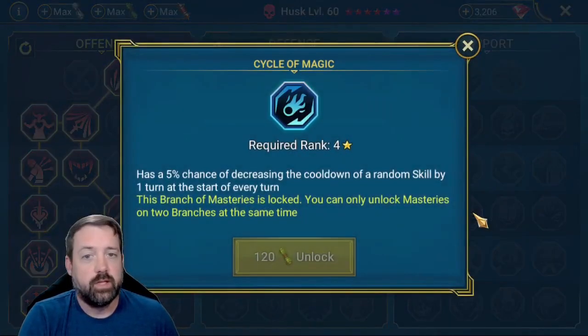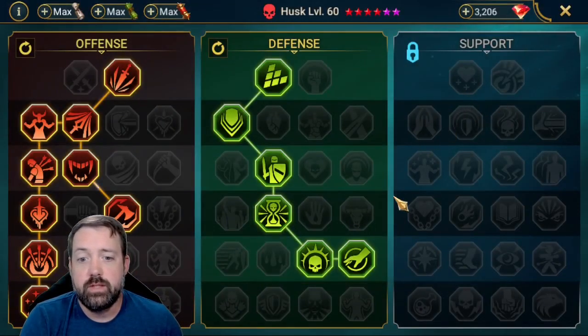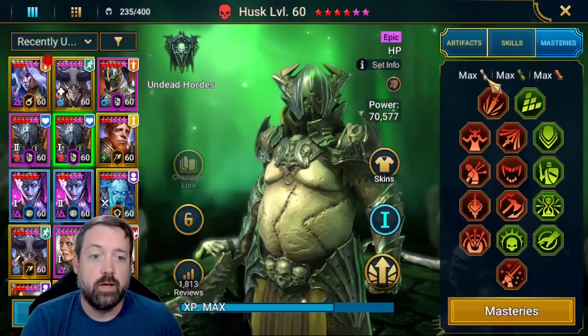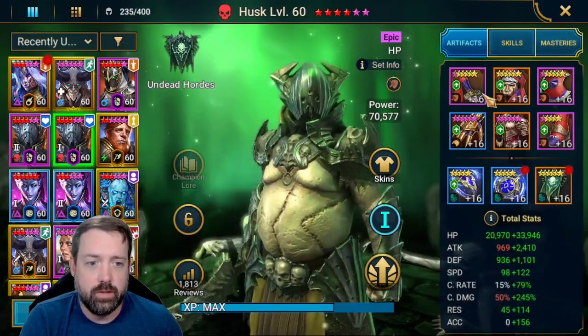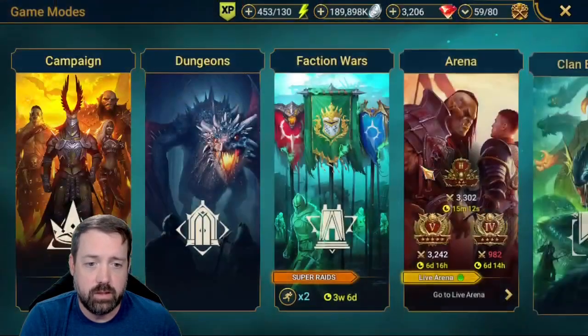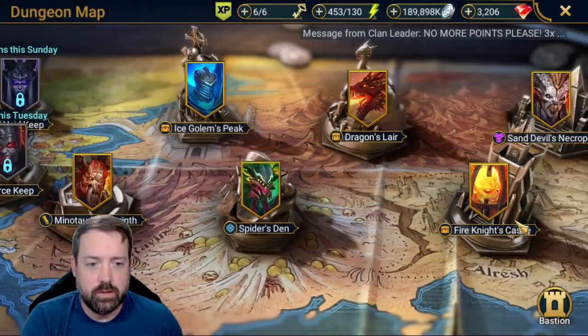Again, we can do Cycle of Magic. I just kind of threw these ones together. They are not optimally built for this team. But yeah, the Cycle of Magic and the refresh accessories are all going to help a ton to get them back to their max HP skills. As far as the team goes itself,